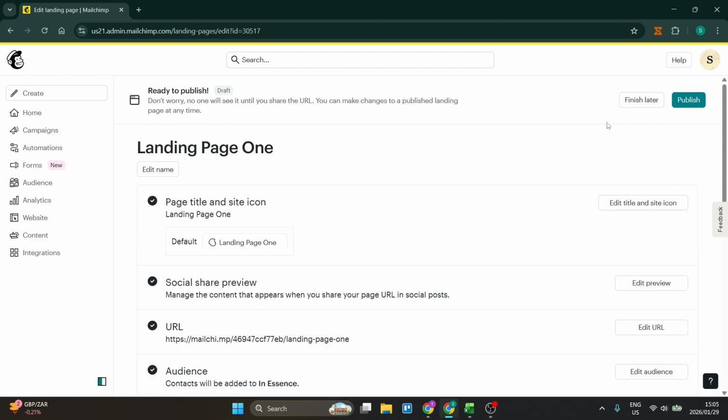And once you're happy with that, go ahead, and you have 2 options: either finish later if you're not complete, or you can publish this, and this will be published and available